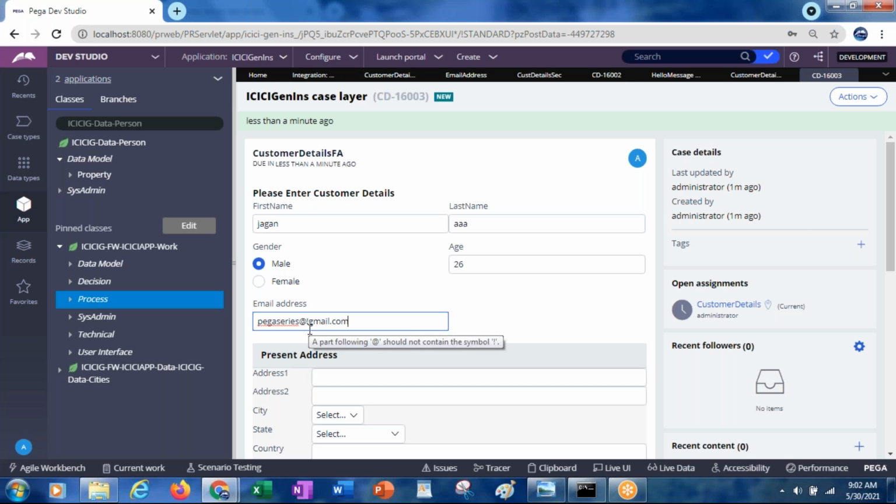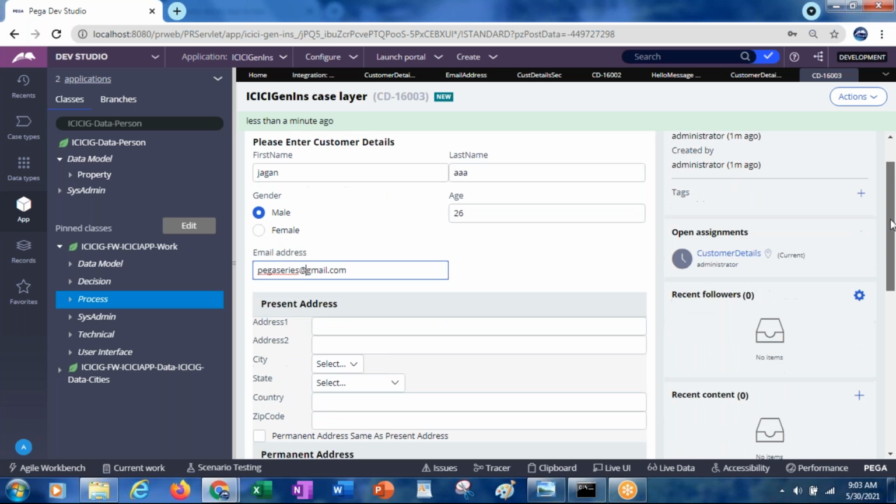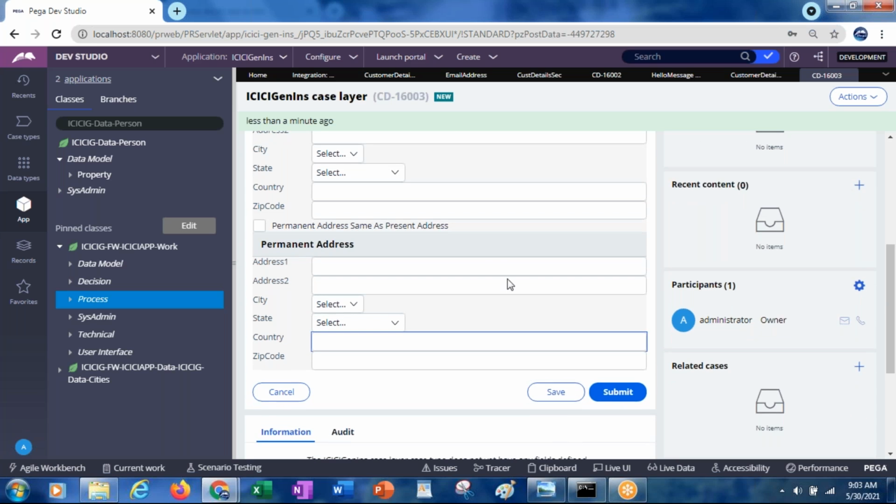If you want, you can give any other email ID, so it will go. But here I'm sending from Pegaseries to Pegaseries only, at gmail.com. Submit.